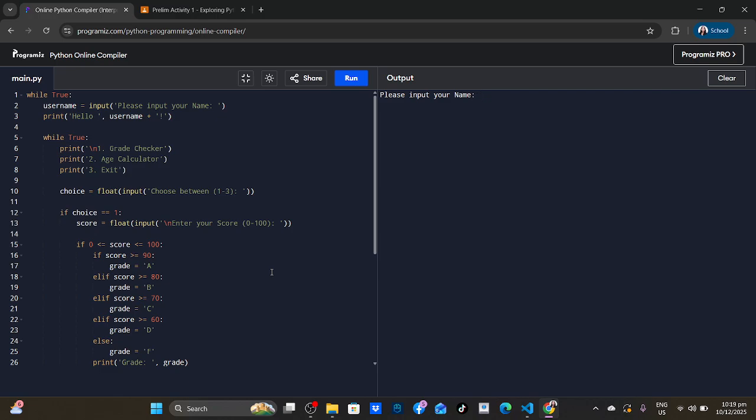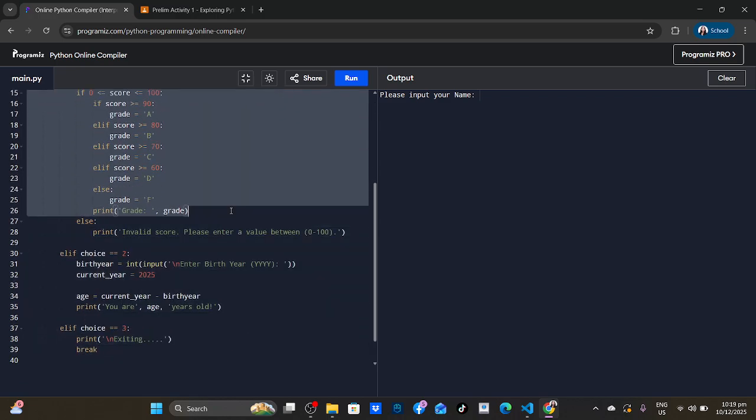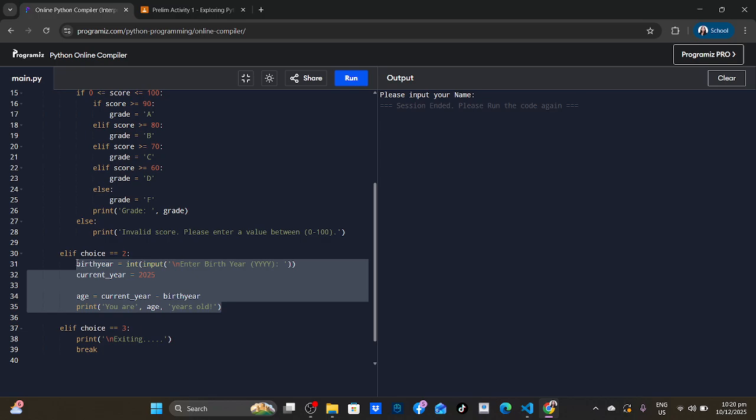It has three main features: the greeting bot in here, the grade checker, which is in this part, and an age calculator, which is in this part. So let's go through the entire code